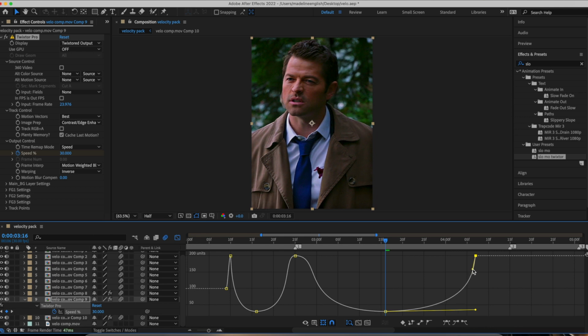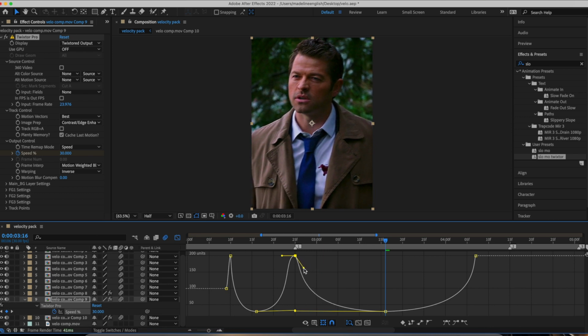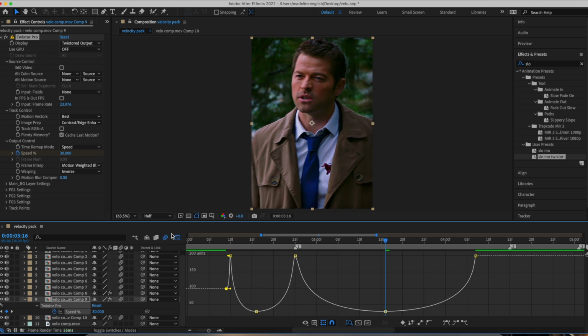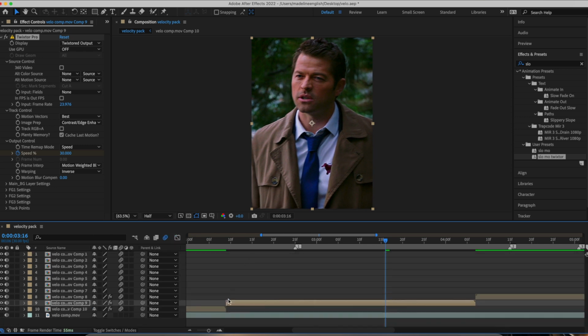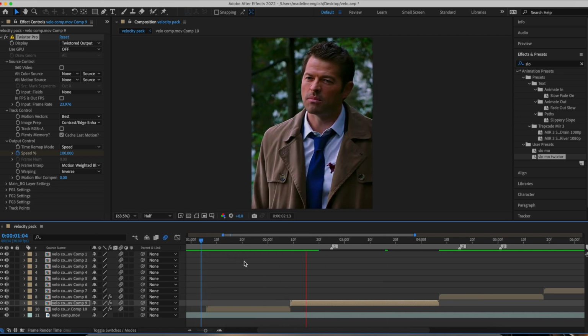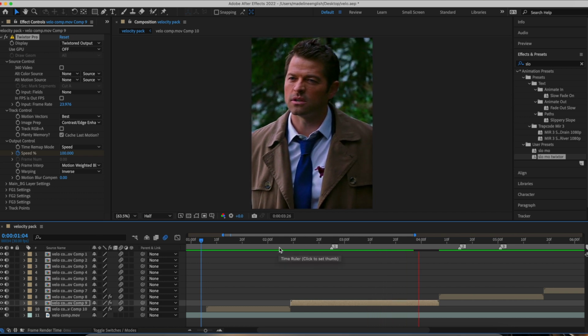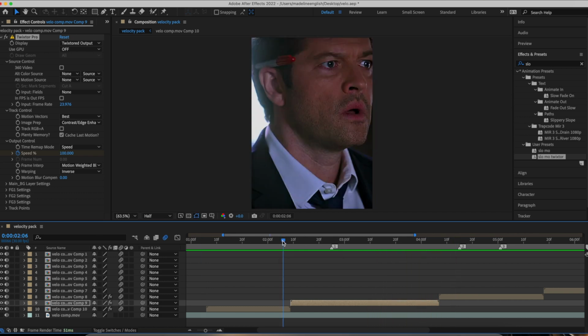And then you're gonna drag the top ones downwards, so making that curve a U. And then the same thing over here. And then you can drag this one out, but like I said, it's like one keyframe, so it doesn't really matter. So that's that. Hold on, it's gonna render very slowly now. Okay, so